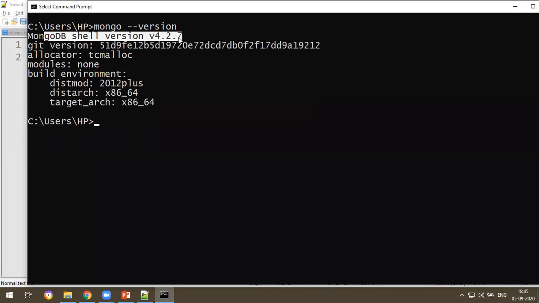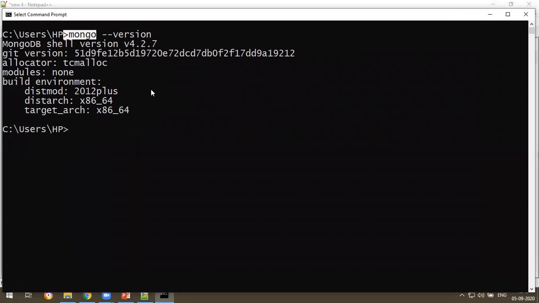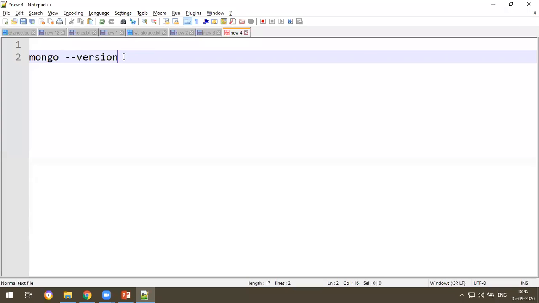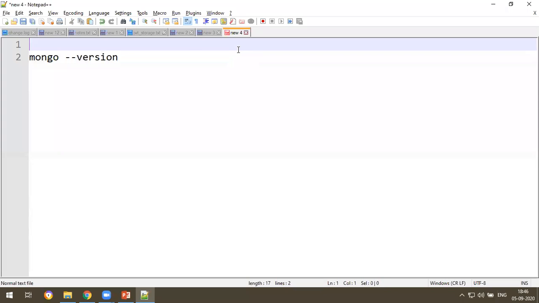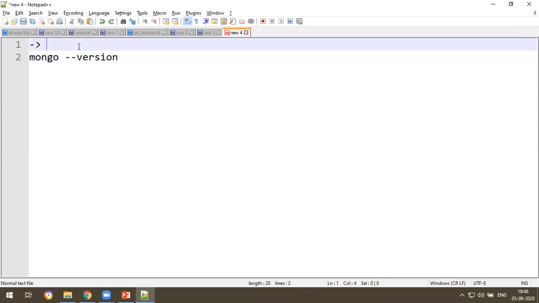Okay, you get some error. MongoDB is not recognized. Mongo is not recognized as an internal command. I have already configured it, so that's why I didn't get the error. Once you install MongoDB and enter this command, you get the error stating MongoDB not recognized as an internal or external command. So before you enter this command, you need to set up